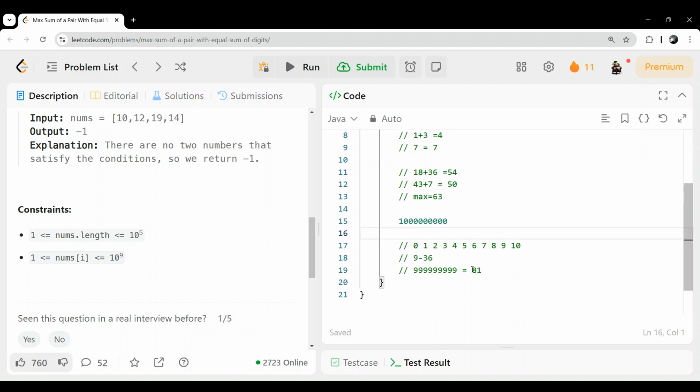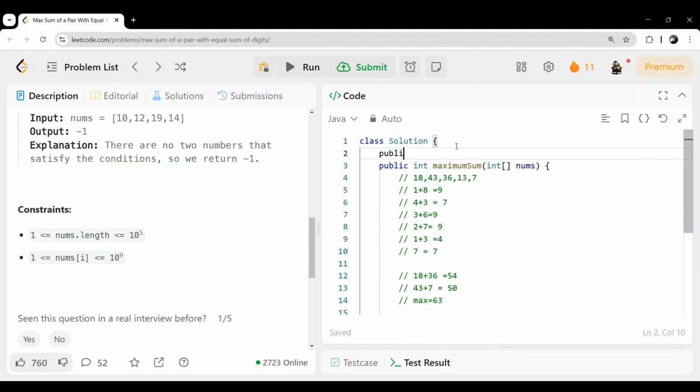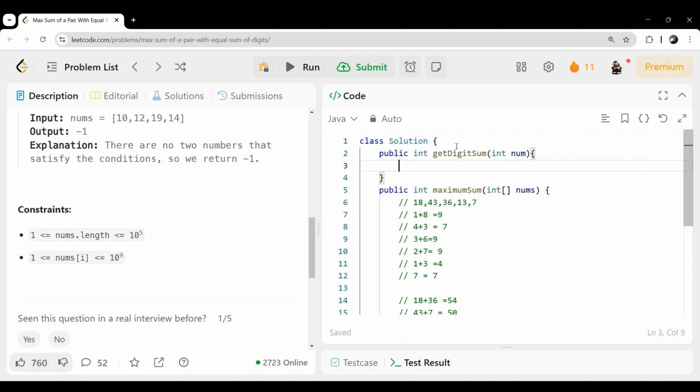Okay, so let's start coding what we want. Before that, to find this sum, we will write a function, public int getDigitSum, where we pass a number, and it will return the sum of digits.